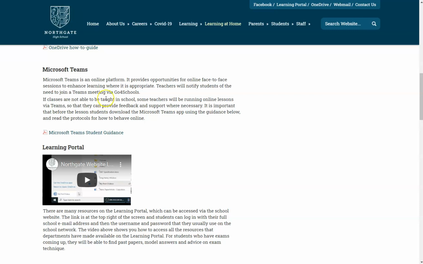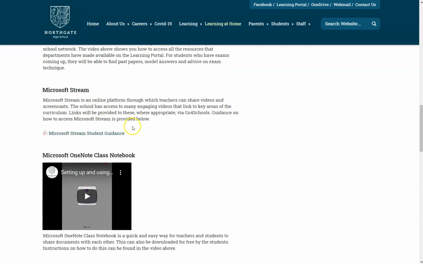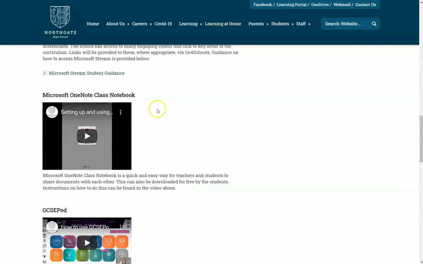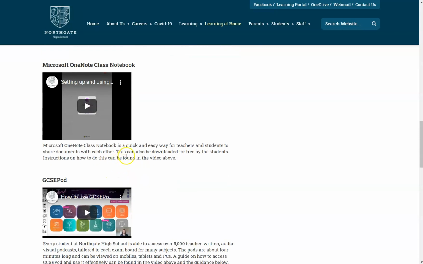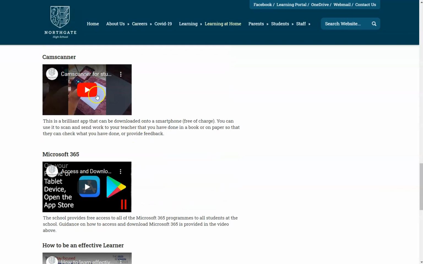So Microsoft Teams, this comes as part of each student's Office 365 subscription, and they can access lesson materials and class-based resources through Microsoft Teams with their teachers' help. Got stuff on the Learning Portal, Microsoft Stream, a video platform, which again runs off a student's login. OneNote is something that some teachers are using with classes, and there's information here about how to use OneNote and a video that you can watch about that, and further information about GCSE Pod,